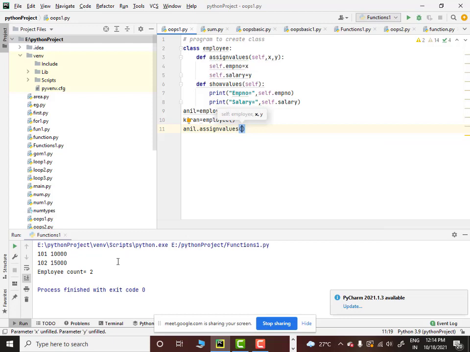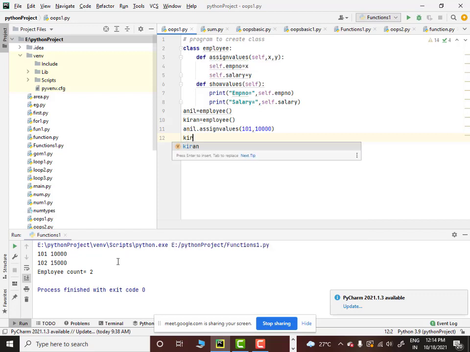Self is different. I will tell you what is the meaning of that self now. I am going to give only the values of x and y. So the value of x gets into emp number and the value of y gets into salary. So let's say that Anil's employee number is 101 and salary is 10,000. So his employee number and salary is assigned.